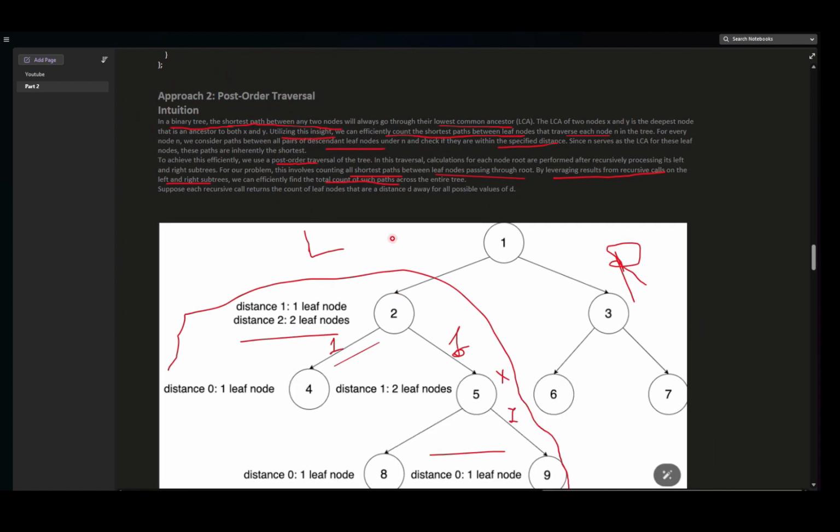The main intention of this traversal is that if we want to find the shortest path between any two nodes in a binary tree, it is nothing but finding the LCA. And if the LCA of two nodes is the deepest node that is an ancestor to both, we utilize these insights. The ancestor will be the root of the two children. So we can use the shortest path between the leaf nodes,